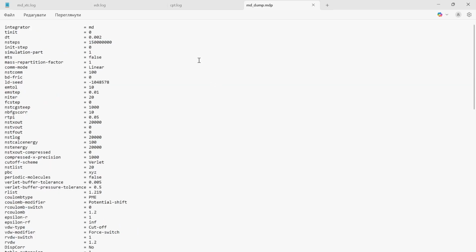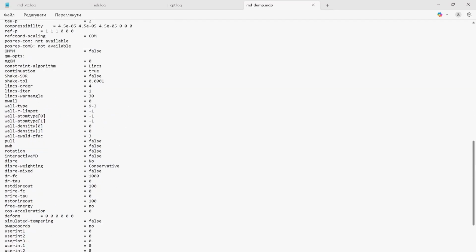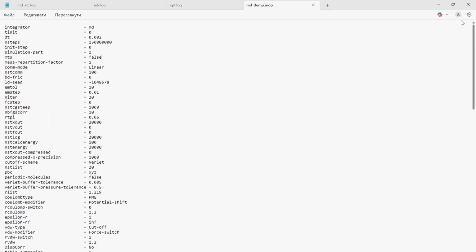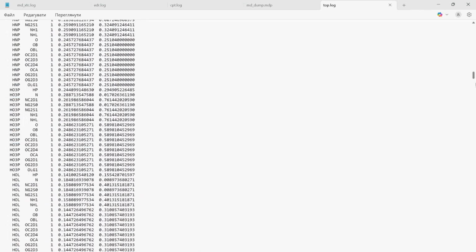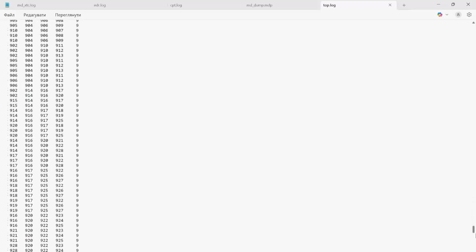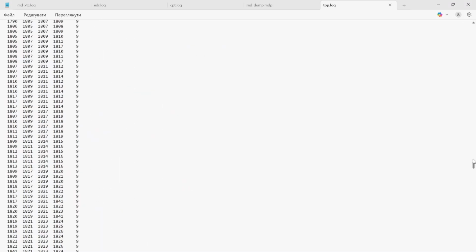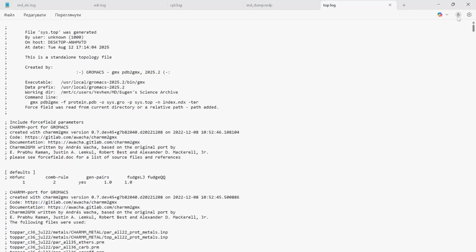MDP file can be extracted from portable binary input file, and it contains all the simulation parameters, so you can later reuse them or compare them to other params. You can also dump a file with topological params, and compared to your original file, it contains extended data regarding your force field, atom types used during parameterization, water molecules types, and